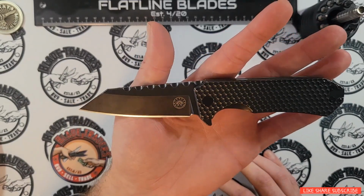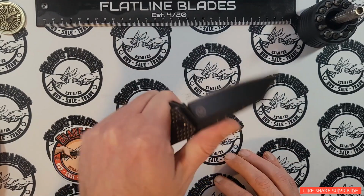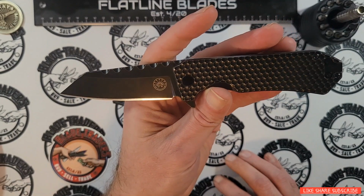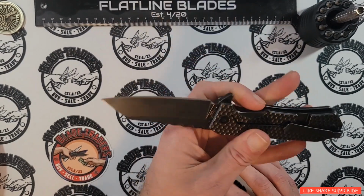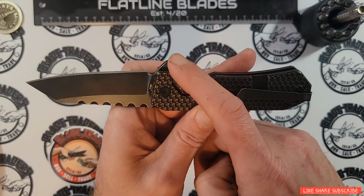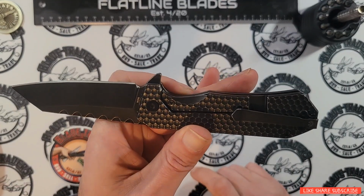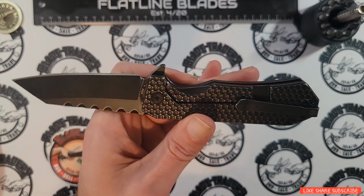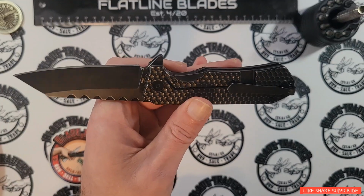I like it. It's a home run. Am I saying it's my favorite knife? No. But for what it is, I knew it was a flipper. I knew it was slightly small. I like it. One of my only knocks on it: I just wish the flipper tab would come straight. Just go straight, instead of curving back towards your hand a little bit. It's not like it's stabbing me or something, but